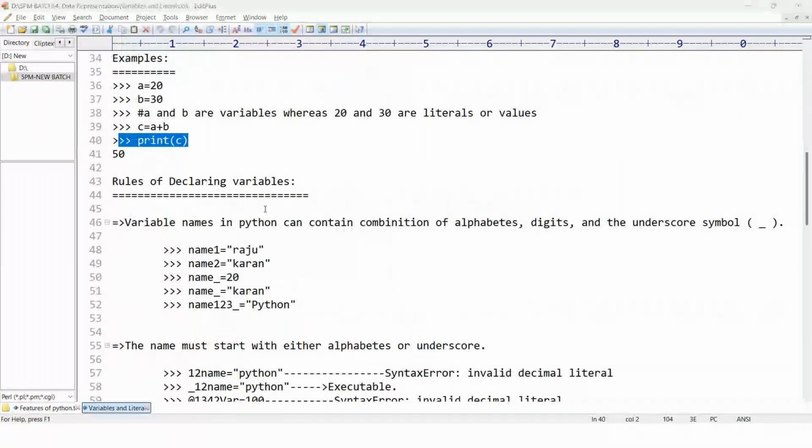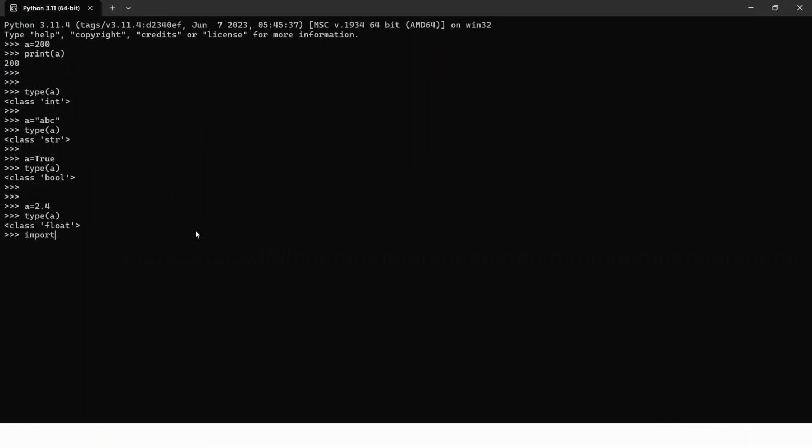You can see something like this also: a is equal to 20, b is equal to 30, c is equal to a plus b, and if I print c, you can find out the data.